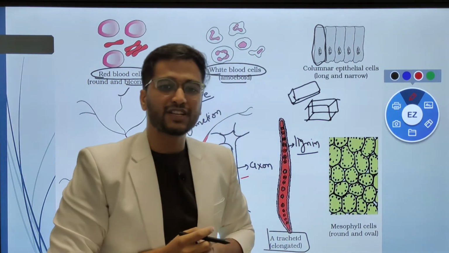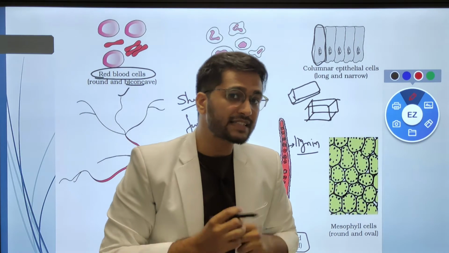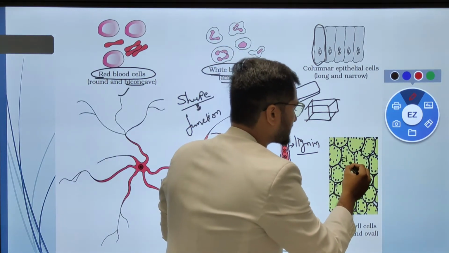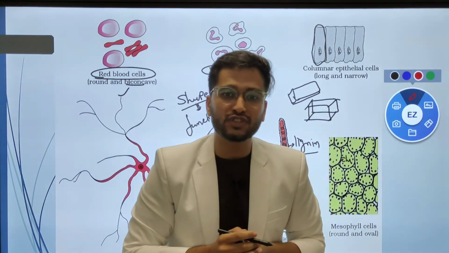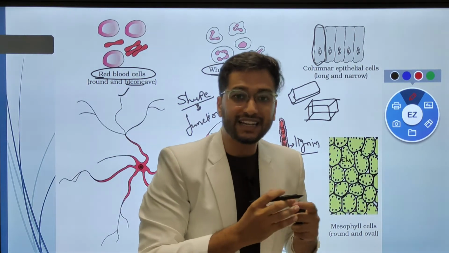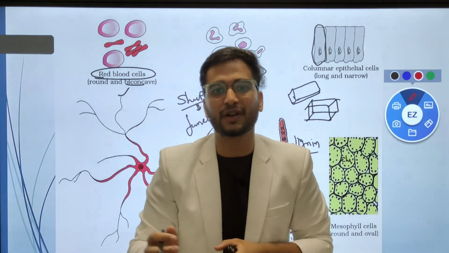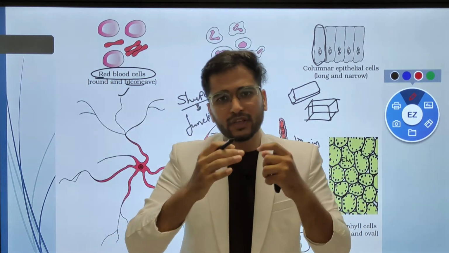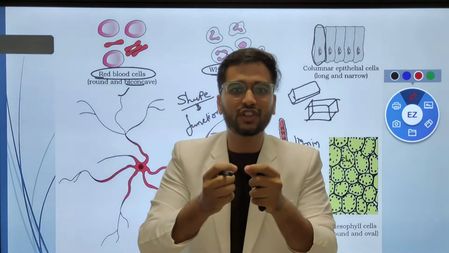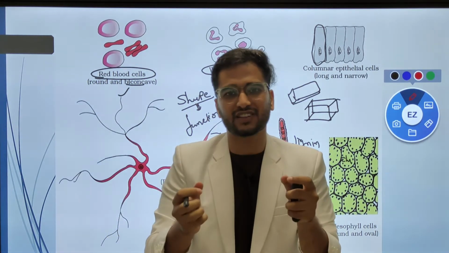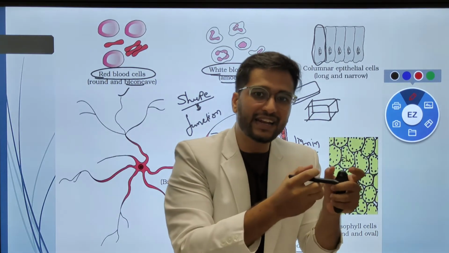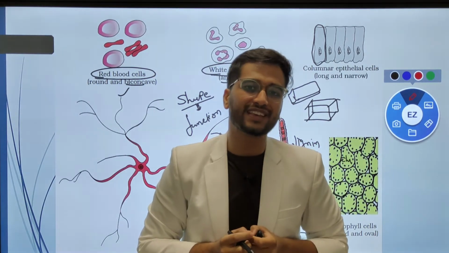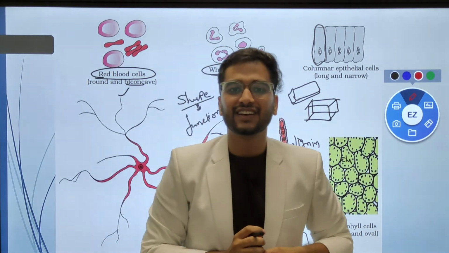The last example is the mesophyll cell. The mesophyll cells are the cells present in the leaf which contain chlorophyll, and this chlorophyll is responsible for photosynthesis. So these are the chlorenchymatous cells which are responsible for photosynthesis. Here is this particular diagram which we always skip, but look at this diagram, there are certain facts which are very important. This variety in shape and size is due to only one thing, and that is their functions.